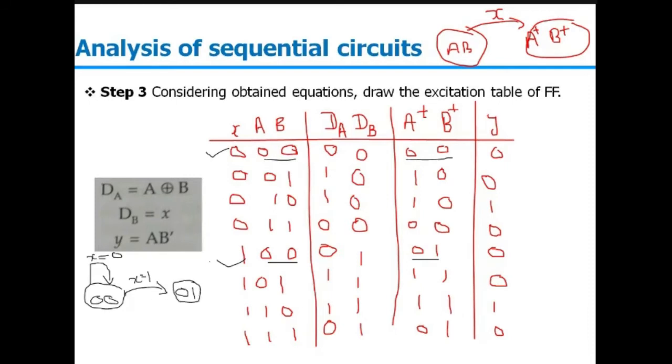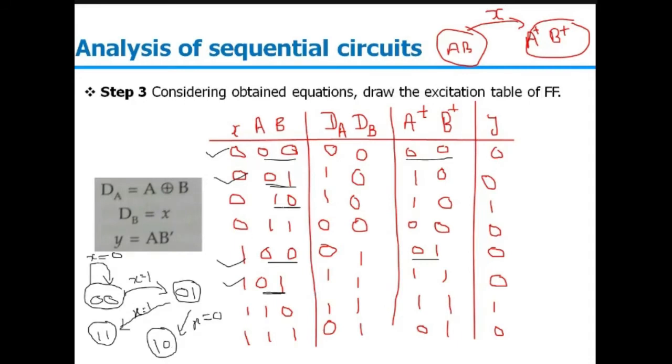Now we will consider the 0, 1 state. So you will see this is the 0, 1 state here. And for this again we are having two values of x. So when x is 0, we are moving from 0 1 to 1 0, and when x is 1, we are moving into the 1 1 state. So let the 1 1 state be somewhere here, and when x is 1 we are moving from 0 1 to 1 1.